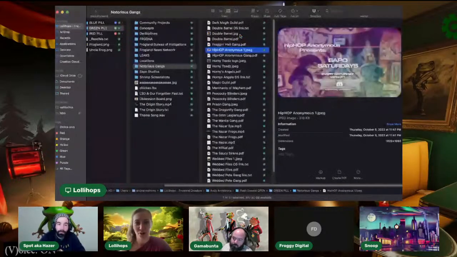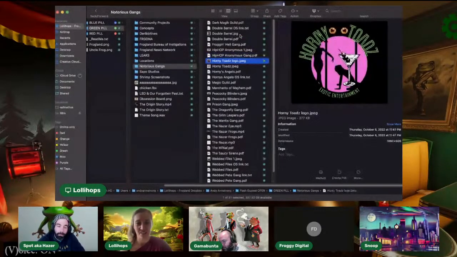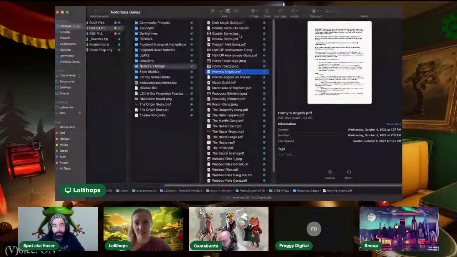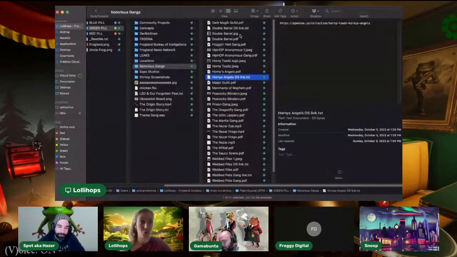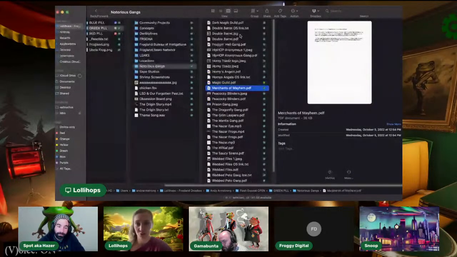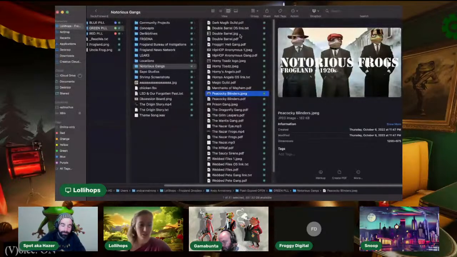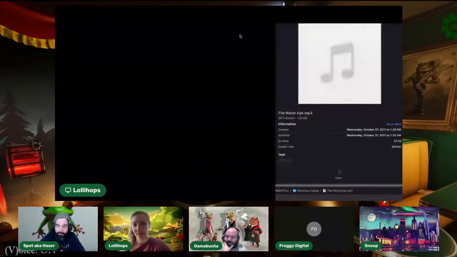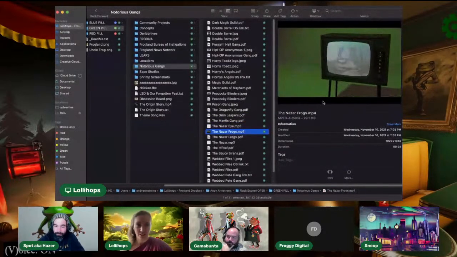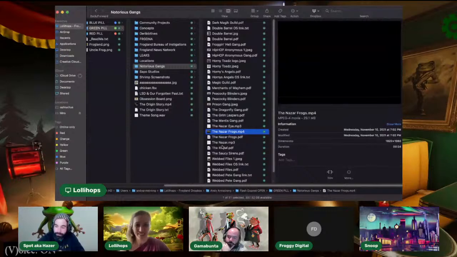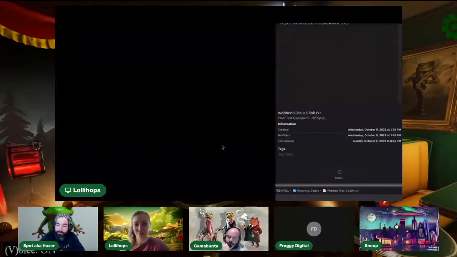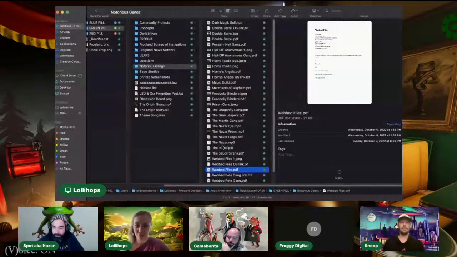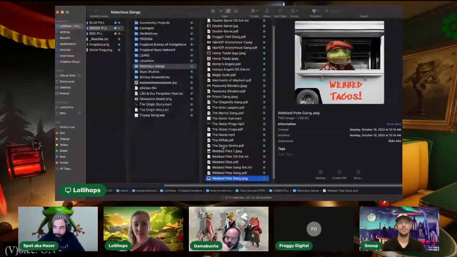As well as some artwork representative of each of the gangs, and if they have any links, like there are some gangs that have tokens published on OpenSea, like Horny's Angels and Double Barrel, and webbed files. I always say webbed files. And then there are a couple others that also have websites live and a couple of videos made, like Hazer had talked about earlier. And it's a really good run through all the things that our community has created and has made, which I think is always very important to draw attention to.